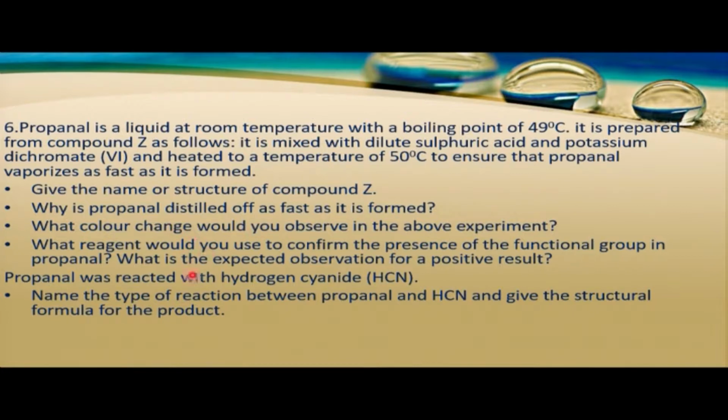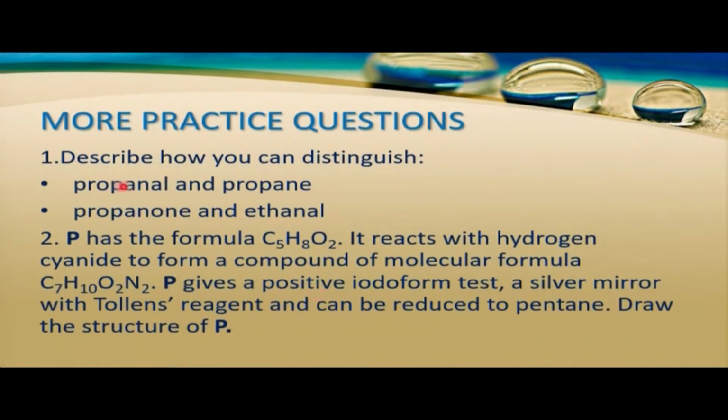So you can try all these other questions. The reagent we can use to confirm the functional group, that is for the chemical test. And we give the structure of the product when propanal reacts with hydrogen cyanide, the nucleophilic addition reaction. You remember that. So you will try the exercise. And here we have more exercises to try. Describe how you can distinguish, this is the chemical test, propanal and propane. Number 2, how can you distinguish propanal and ethanal? Very simple. Here we have the chemical tests. And number 2,